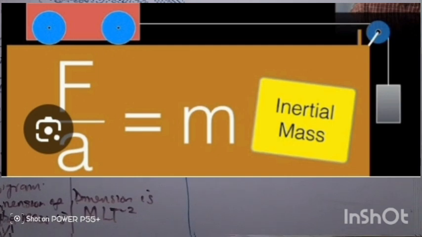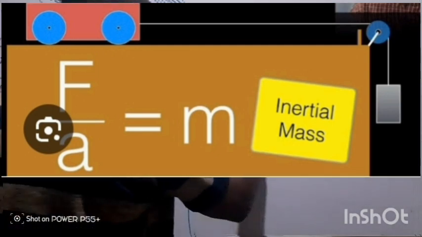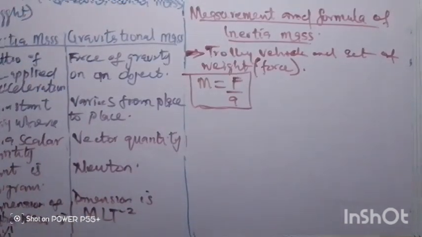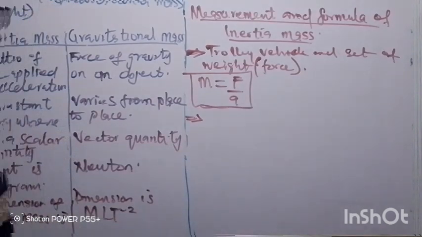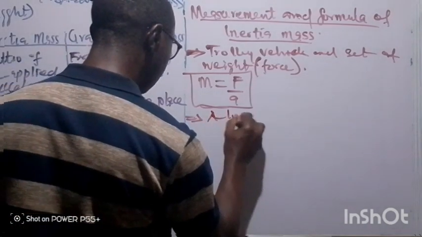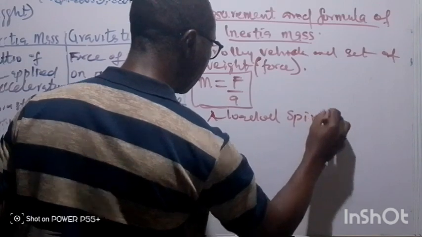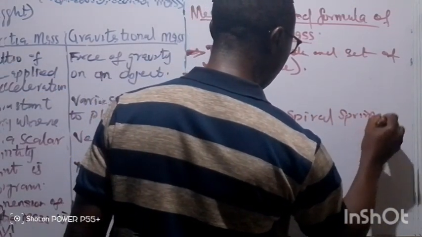So from that experiment, we have this formula as shown on the screen. Number 2, we can also use a loaded spiral spring or spring balance